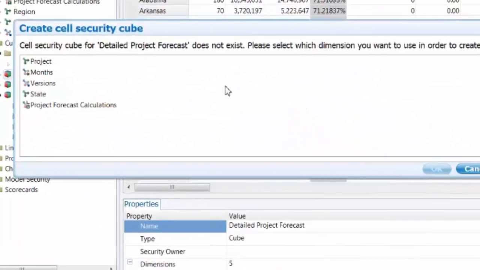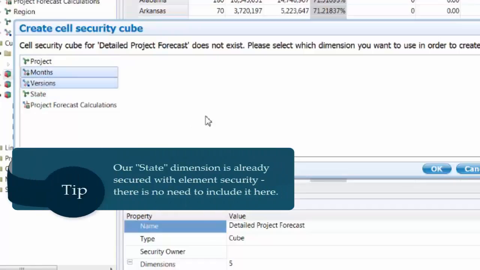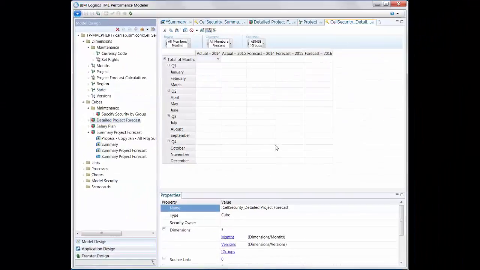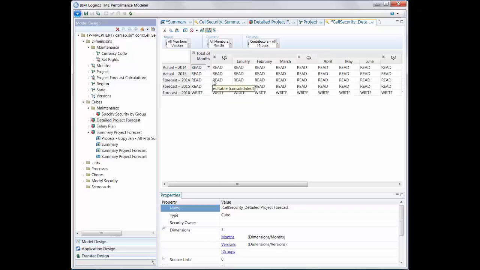The first thing we'll get prompted with is to choose which dimensions we want to use to create that cell security. So you recall our key relationship here is between months and versions, and that's all we really need for this cell security cube. So again, lower dimensionality, I'll pick the group that I want. I'm going to take all of my contributors. I'm going to spin this around so that I'll be able to paste just as I had copied from the other cube. And now with manual input, I have set cell security on a 5-dimension cube, one of those dimensions